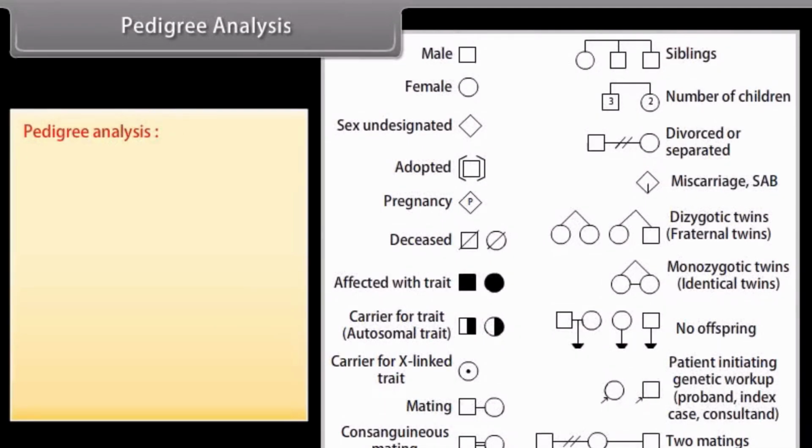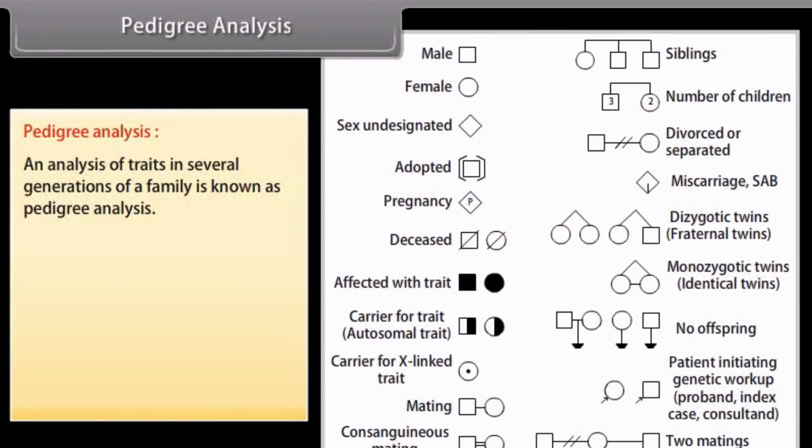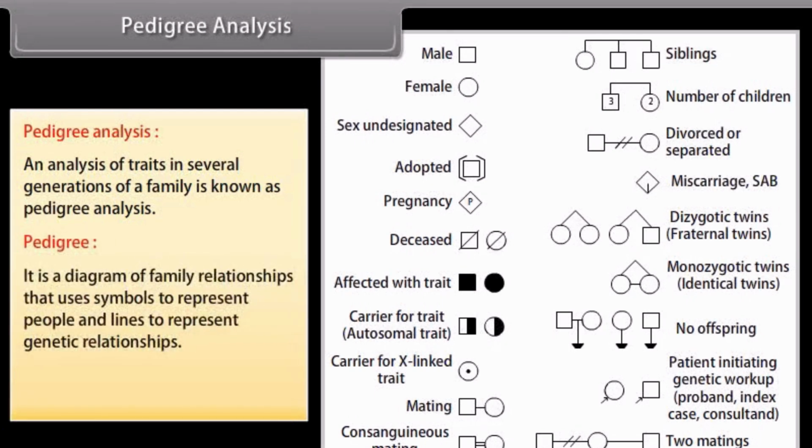Pedigree analysis. An analysis of traits in several generations of a family is known as pedigree analysis. Pedigree. It is a diagram of family relationships that uses symbols to represent people and lines to represent genetic relationships. Some basic symbols used in a pedigree are: